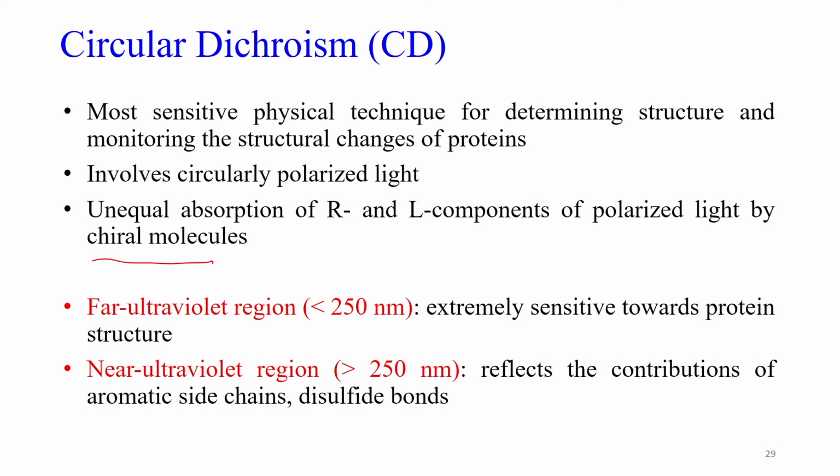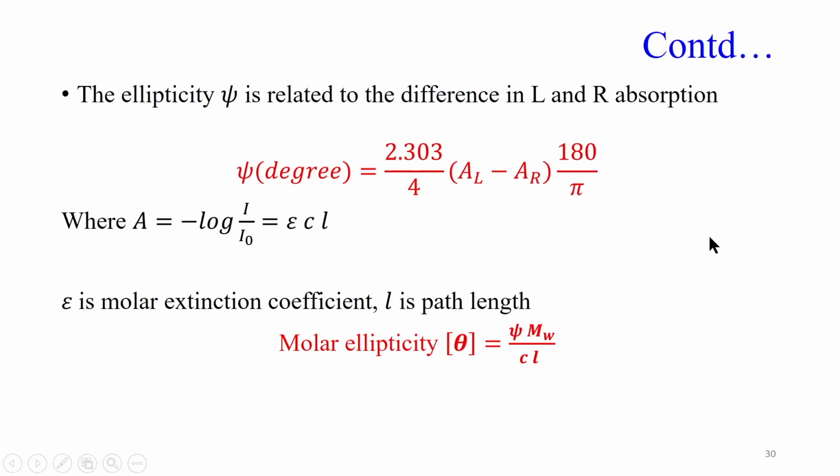And here we use UV light, so far UV and near UV. Far UV, which is less than 250 nanometer, is sensitive to the protein structure. So, typically for protein secondary structure we work in the far UV region. Near UV, the wavelength higher than 250 nanometer, reflects the contribution of aromatic side chains and disulfide bonds. So, here we calculate the ellipticity, and this is related with the left and right absorption of the